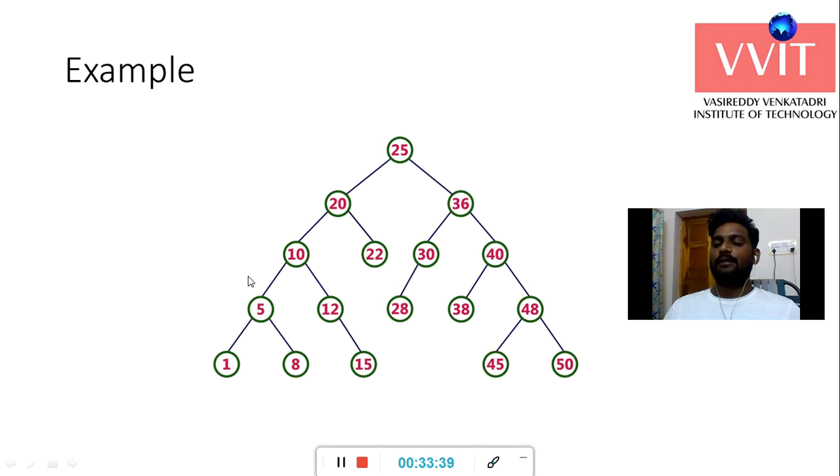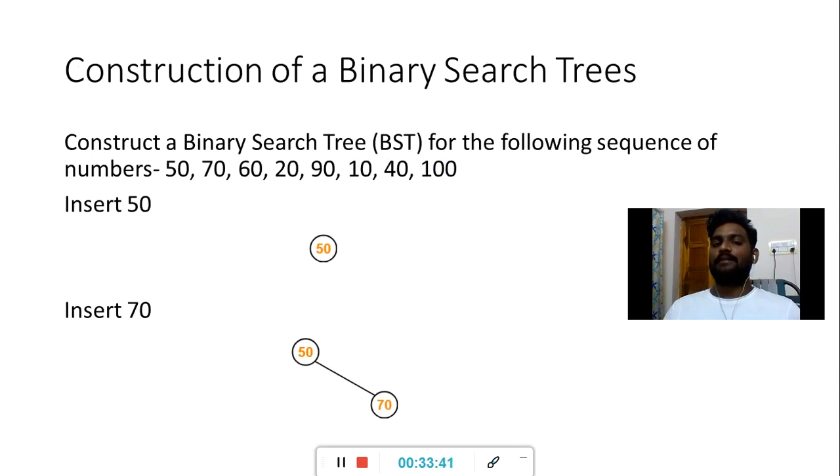The next topic is how to construct a binary search tree for the following list of elements. The next topic: construction of a binary search tree. In this construction, a sequence of numbers is taken. The numbers are 50, 70, 60, 20, 90, 10, 40, 100. Based upon the input elements, we can construct a